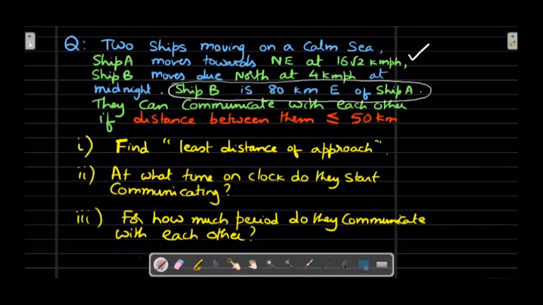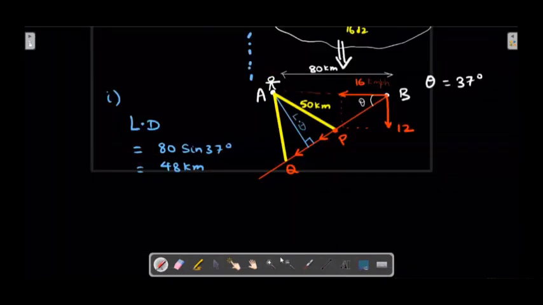So what was the question? Let me read it back. At what time on the clock will they start communicating? That is the time when, in this diagram, the ship B moves from B to P. This length I want to calculate. This length. Okay. So for that,